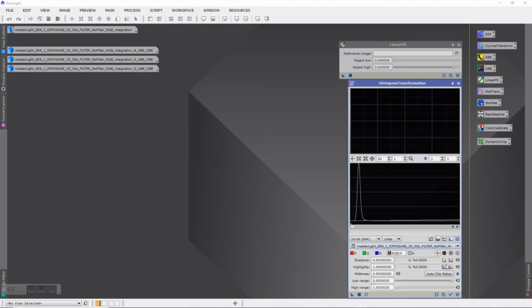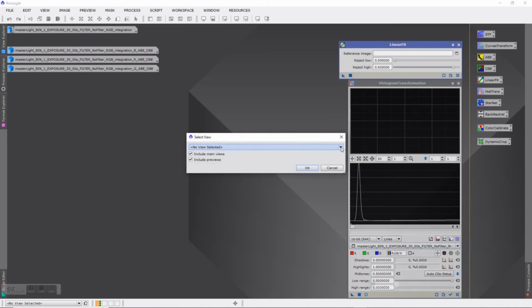So we'll compare all three. And you see in this instance, they're all pretty similar, but there's one that is just a little bit farther to the right, and that's the one that we're going to use as our reference. And that's the green one. So in the linear fit box, the reference image, we will select the green, the one with the G on there,